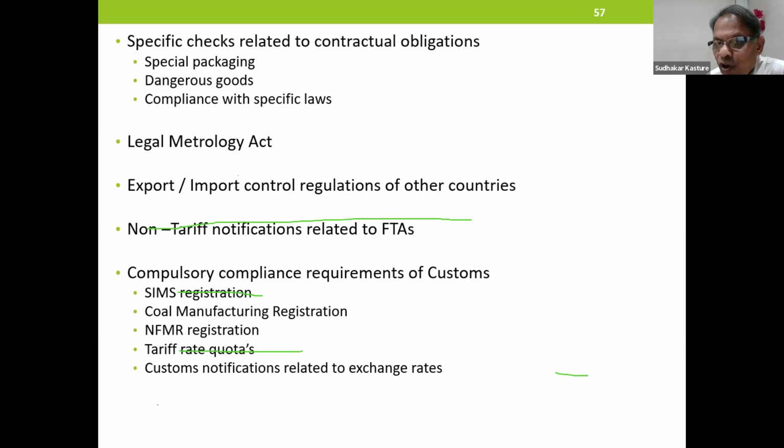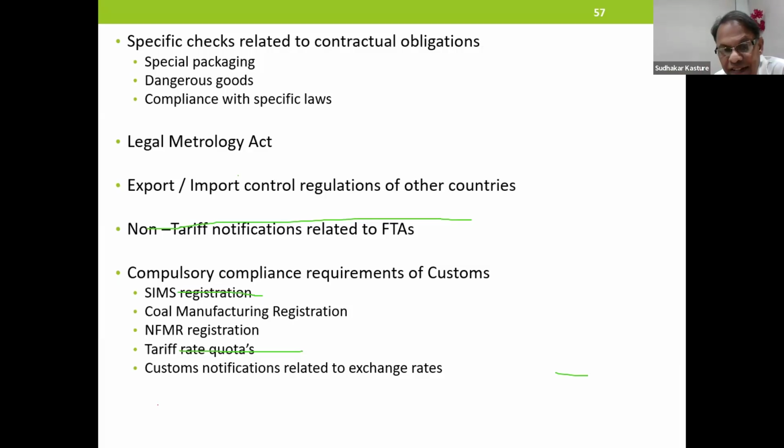Specific checks related to contractual obligations, special packaging, dangerous goods, compliance with specific laws, Legal Metrology Act, Export-Import Control Regulations, non-tariff notifications related to FTAs, and compulsory compliance requirements wherever they are applicable to your product.